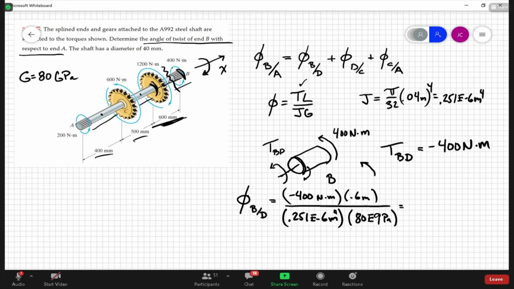Because upstairs I've got Newton meters squared, and downstairs I've got Newton meters squared, right? All right, so that gives me a rotation of negative